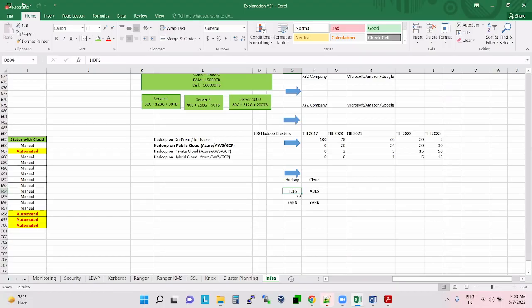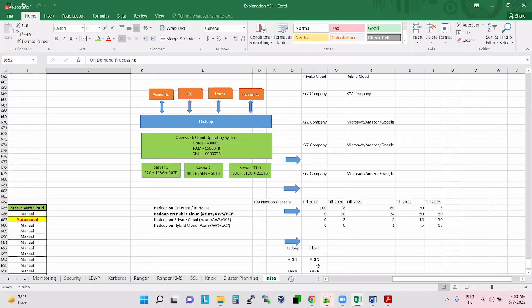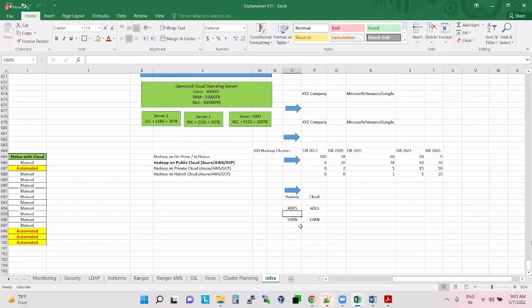Kubernetes will have elasticity. If you want to enable this kind of on-demand processing model, you should go with kube containers. That is already released in the new version of YARN. It is already there.